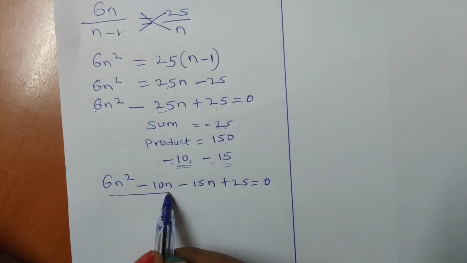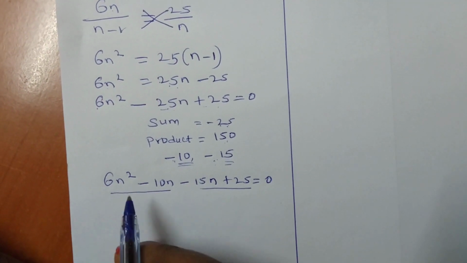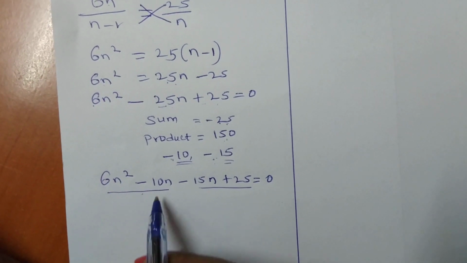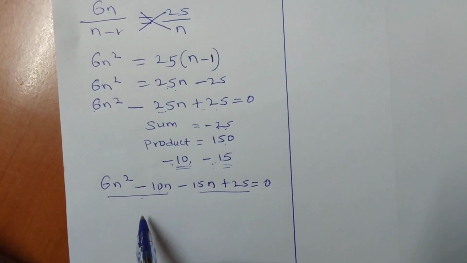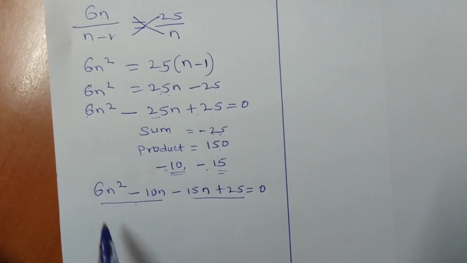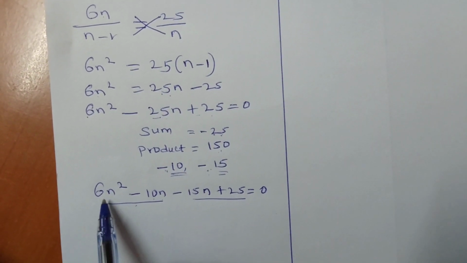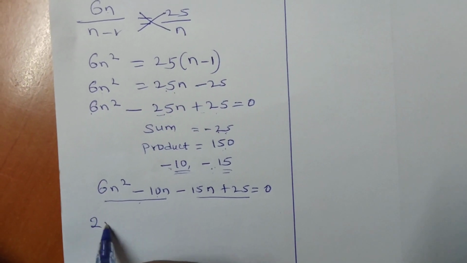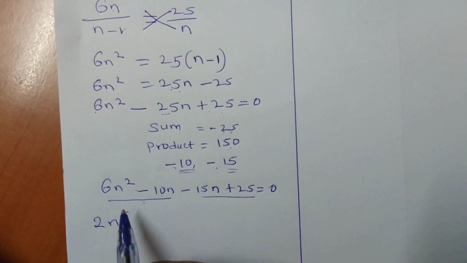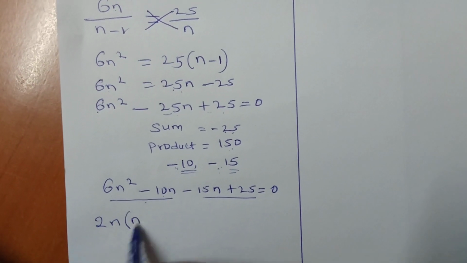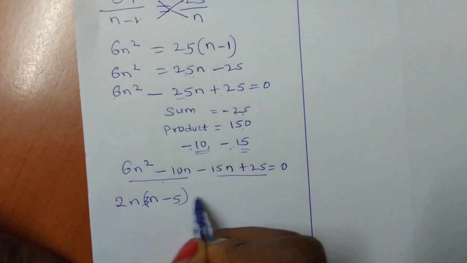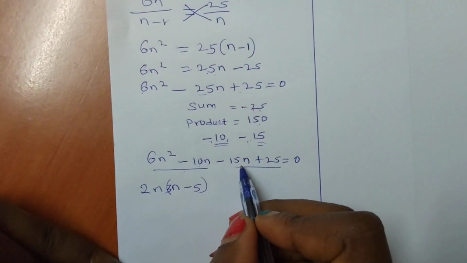Then we pair our values into two. In the first pair we have 6n squared and minus 10n. We ask ourselves which is that common value between the two, and here we'll be having 2n. We'll be left here with 3n minus 5. On the second part,